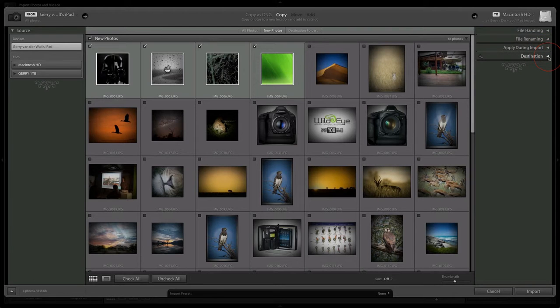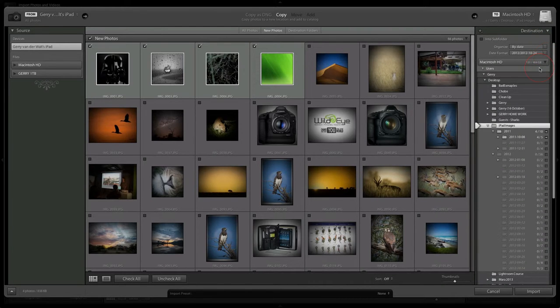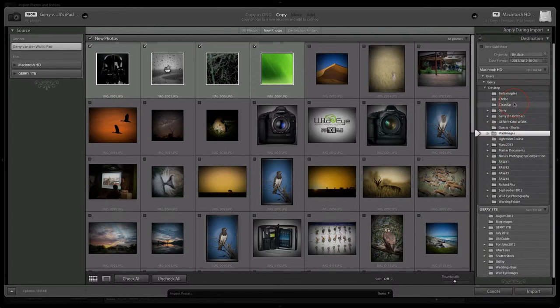And then destination, open there. By default, Lightroom wants to import these images to your pictures folder. I've already gone and created a directory on my desktop called iPad images, and that's where I want them to go. Let me run you through an example of how you can create a directory right in Lightroom